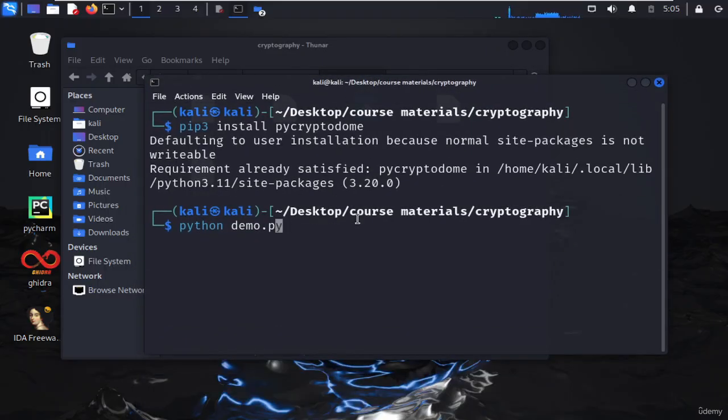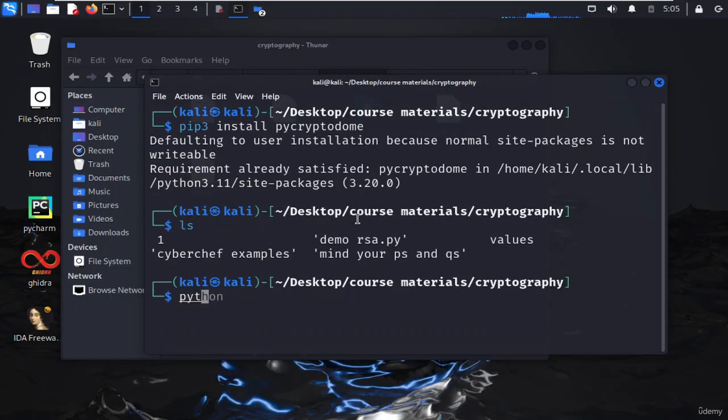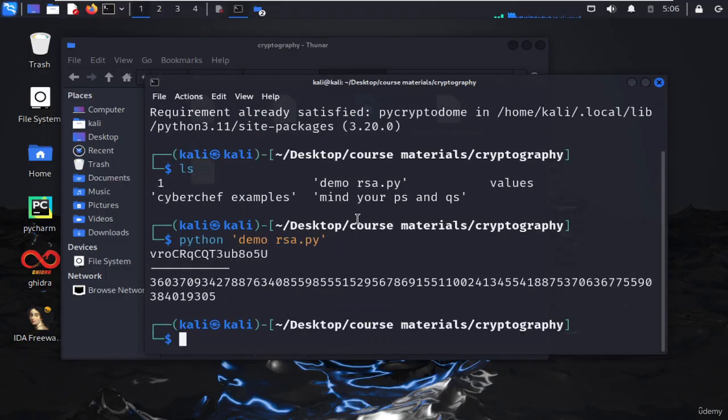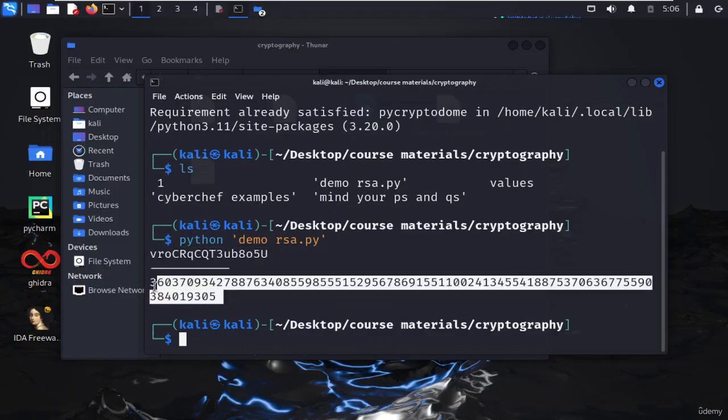The file name is demo RSA. You can also do ls and python demo_rsa.py, and you can see this was our original message and this is what we got after encrypting it,